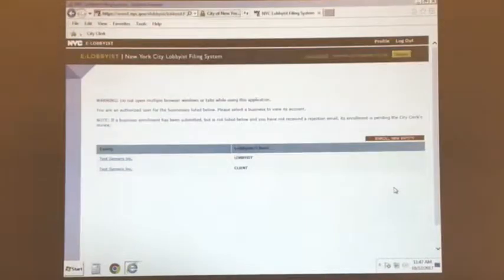So this is my test company, Testamaris. When you log on, always be aware if you get lost, there's a home screen. You can always go back to find your way. You're always going to be clicking next to the entity name, next to Lobbyist. The only exception will be one time a year if you're filing a client annual report. Then at that point, you're going to click next to client. But again, you only do that if you hire an outside lobbyist. So almost every time, you're going to click on the entity name next to Lobbyist.